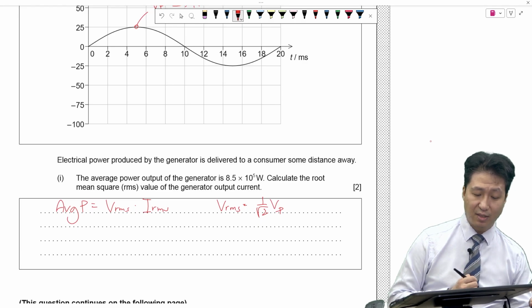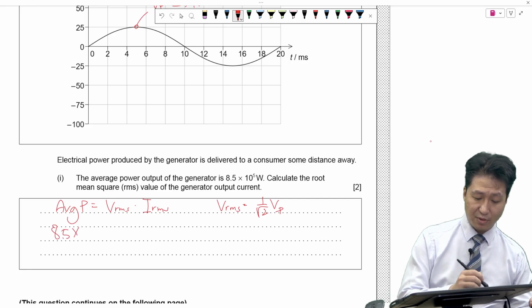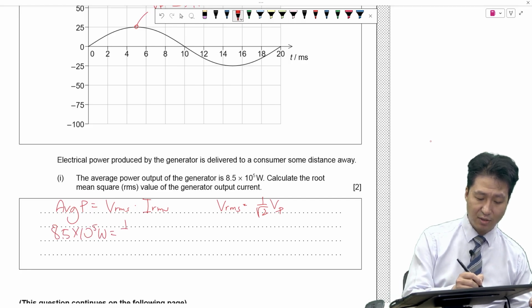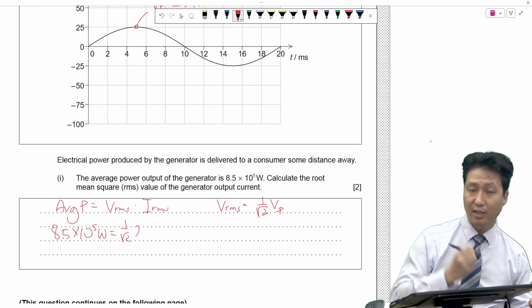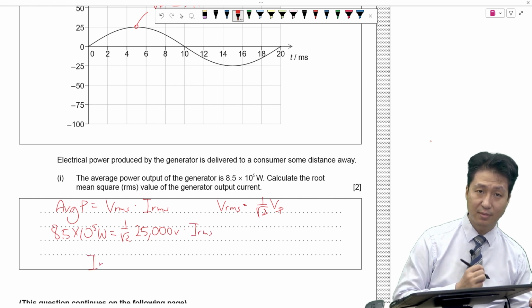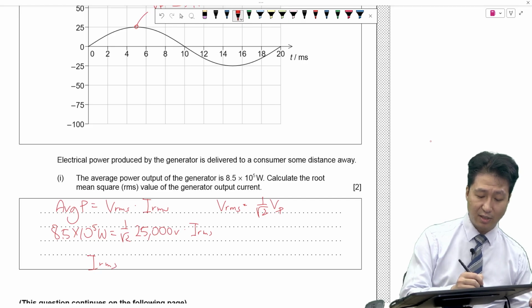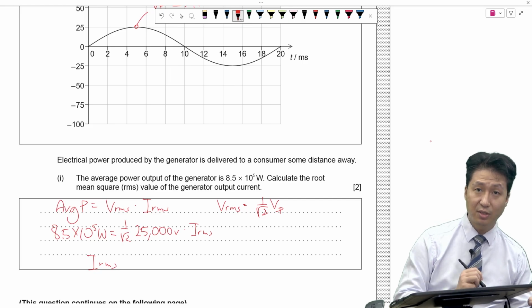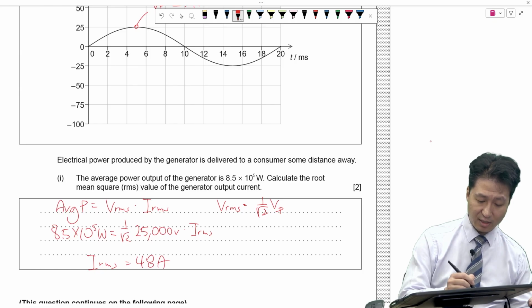Using the values given by the problem, the average power, which is 8.5 times 10 to the 5 watts, is equal to 1 over the square root of 2 times the peak voltage, which is 25,000 volts, times the RMS current. Using a calculator, you can find that the RMS current would be 48